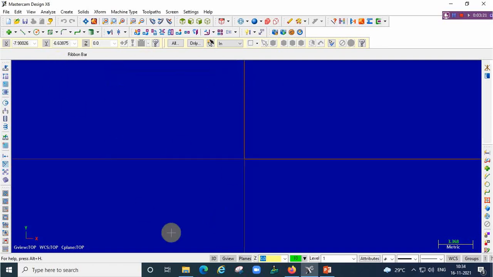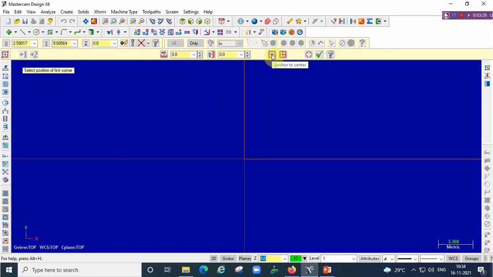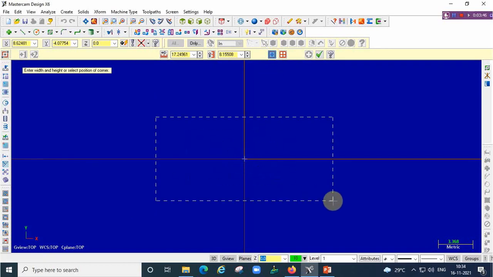No need for planes, already we discussed. We have to create one rectangle first. Go with the rectangle option, create a rectangle, and we need to select anchor to center so that the reference point will be at the middle. Directly we go with the anchor to center, click at middle 0, 0, draw a rough rectangle and give the value for X and Y. So X value will be 110 and Y value will be 75. Give apply button. We will get a rectangle.